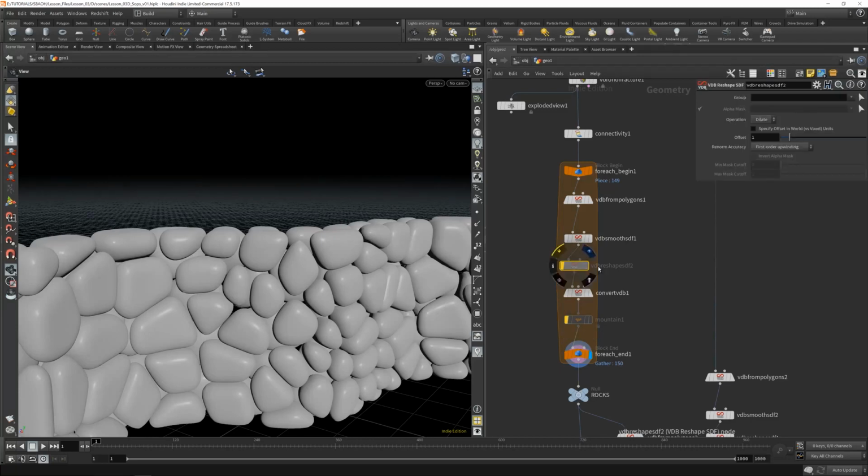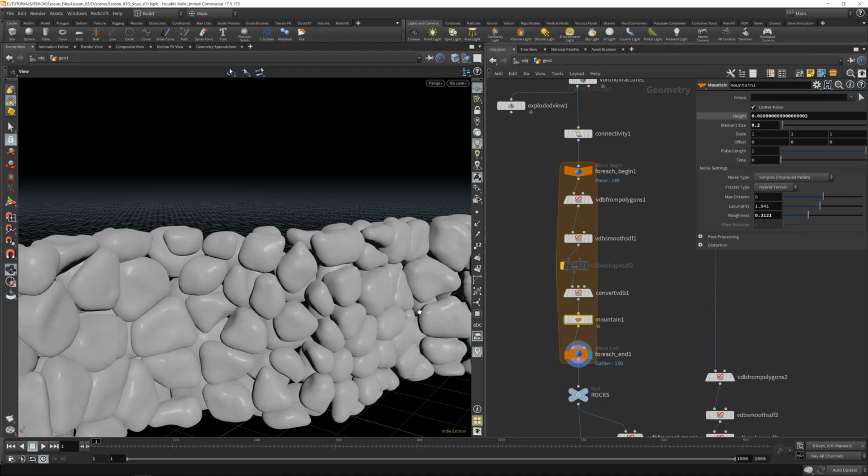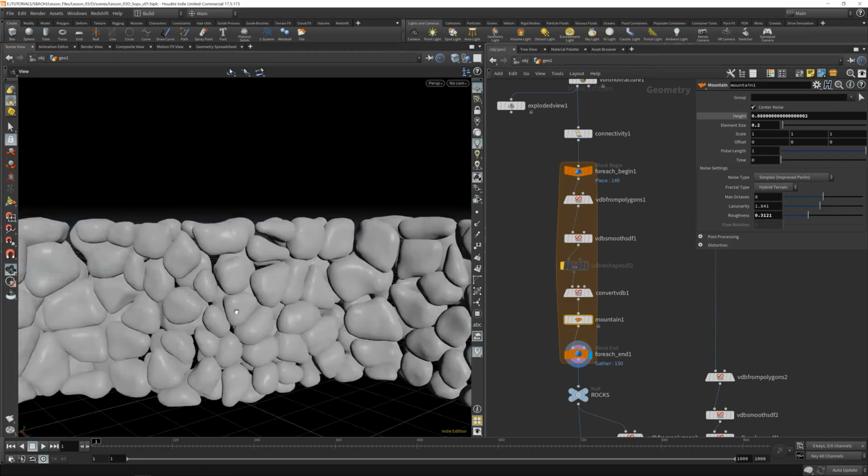So let's just reintroduce. See, I'm not even using the reshape at this point. I don't think we're going to need it. So I'm just going to go back to the mountain. I'm going to turn the mountain back on just to get a little bit of noise variation in our rocks to make them look more rock-like. And it's thinking through the loop. Cool. So now we've got a little bit more